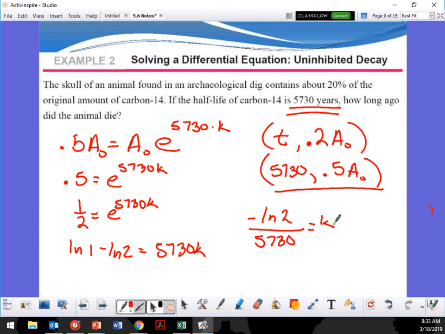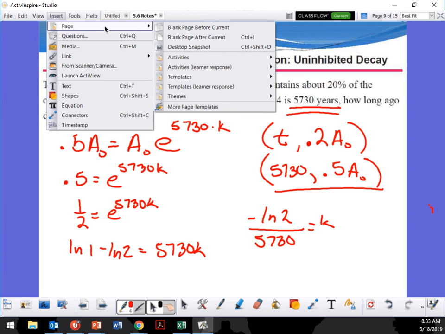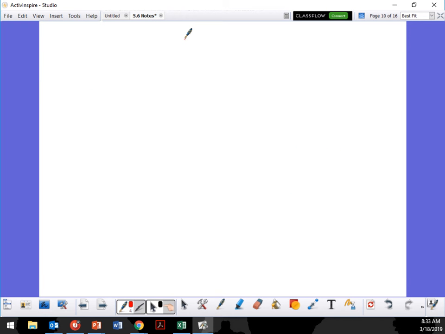If you approximate the answer at one point, especially when we're dealing with thousands of years, it's going to be off by however much you rounded by. So there's my K. So I have my K. So now we're trying to look for 20%, right? So now it's going to be 0.2 A sub naught is equal to A sub naught equals,